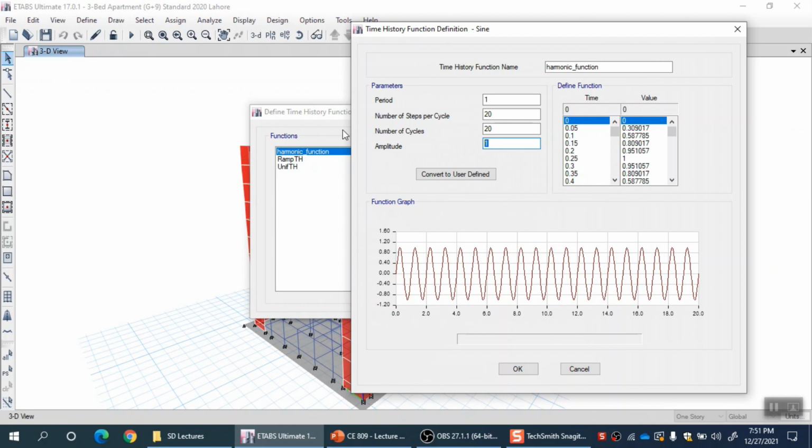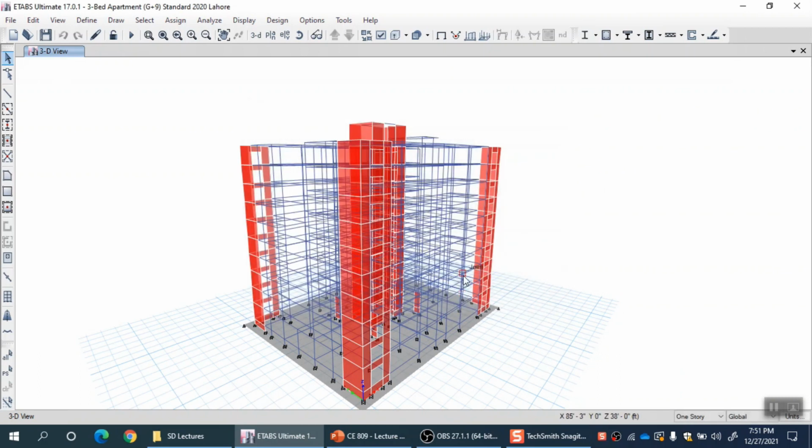Because what will my approach be? My approach will be that I am defining a time variation. I will apply some load at this particular joint and then assign that time variation to that load. That time variation which I am defining from define and functions will be multiplied by that load which I will be assigning here, or I will be applying here actually, right.